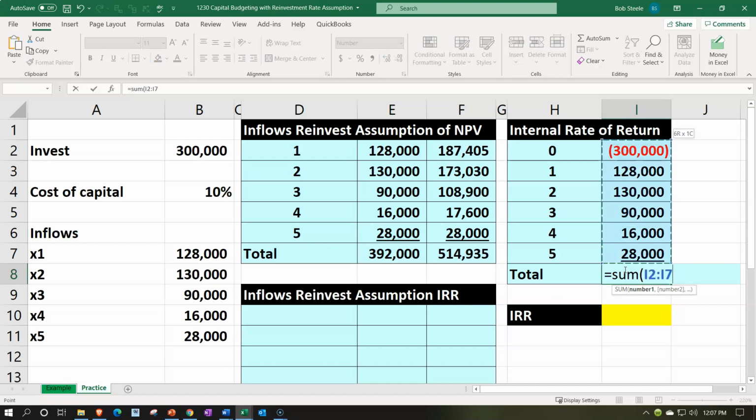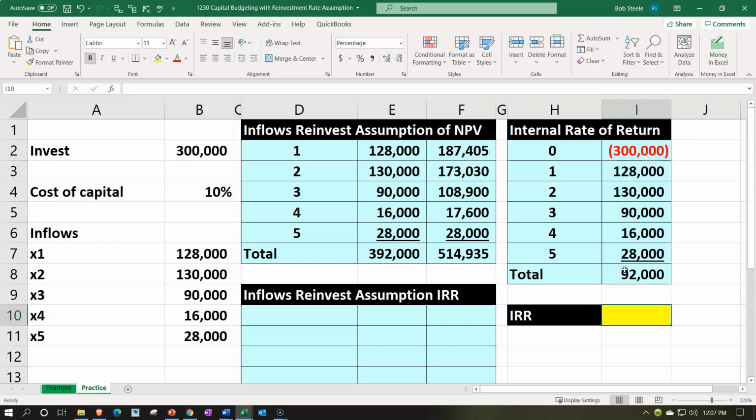Sum it up. So there it is. And then we'll just use the internal rate of return function to give us that rate. So we'll do that the easy way here. This equals the IRR,